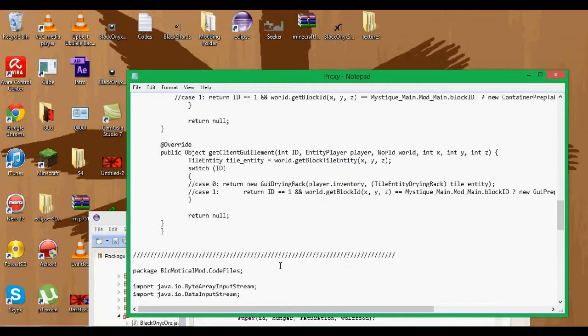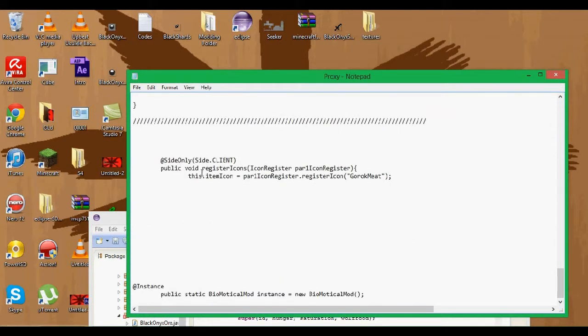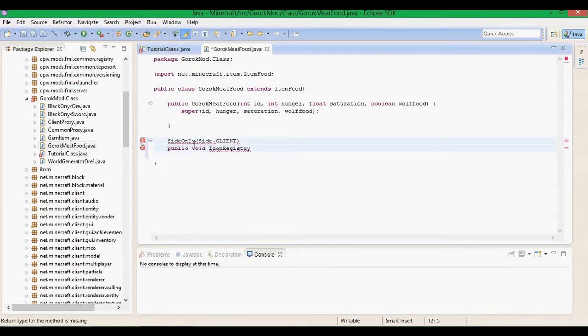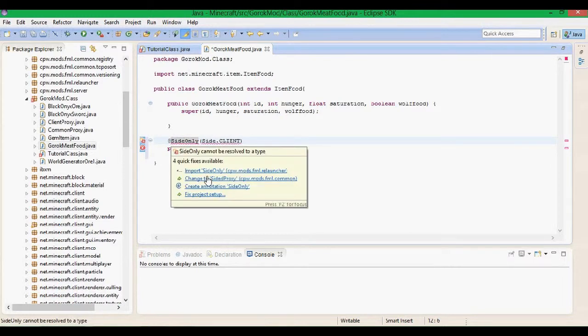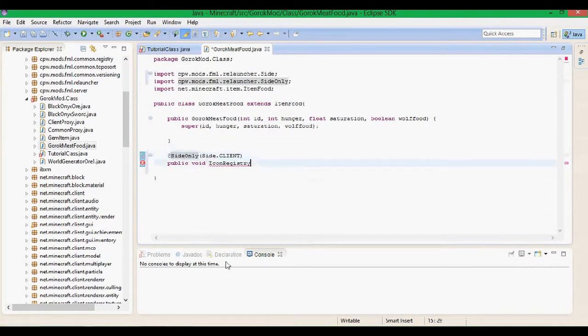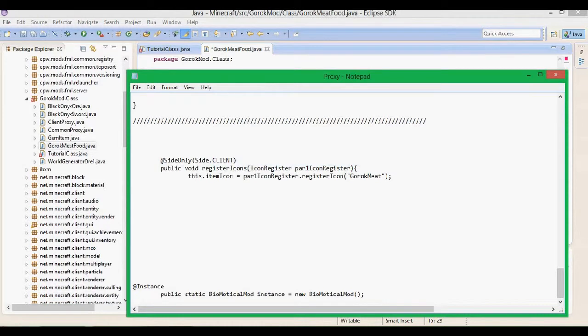Let me just see the code. I'll type it, I'm not gonna copy and paste. Icon, oh, okay, I forgot to put at. That's what I was thinking. So import that,